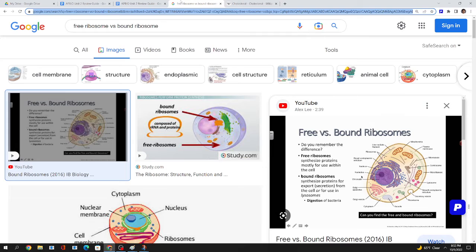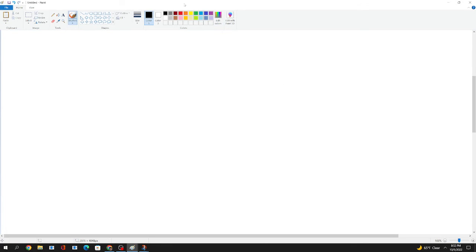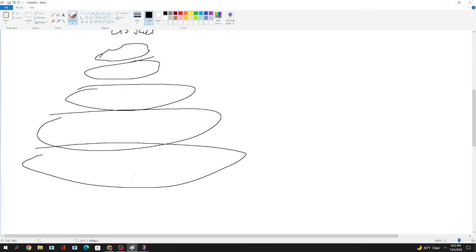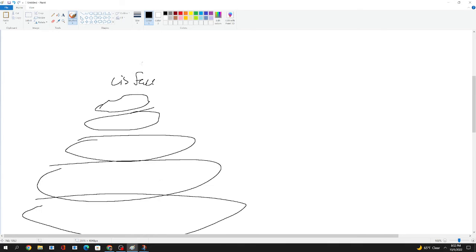Golgi. Golgi is super important. Okay? Golgi is typically got two regions of it. So it's like this weird structure that's kind of made like layers of layers of layers. Now the Golgi has this thing called the cis face and the trans face. And it's just the orientation of the Golgi. It's not super important that you have to know it, but just know that when you have your cell,